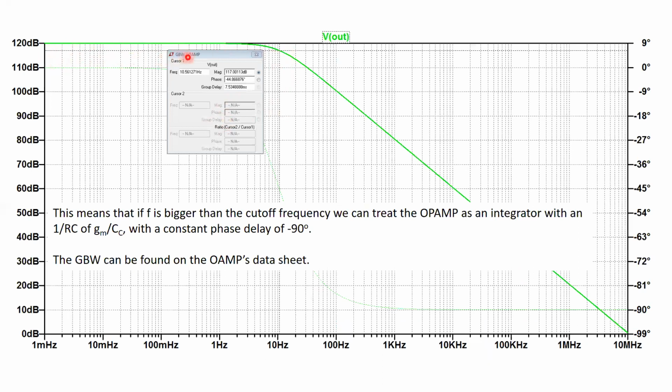And the phase is actually 0. And yeah, it's a first order circuit, so the phase goes down to minus 90. But look where the line is straight. It looks just like an integrator, and the phase is practically constant at minus 90. So right here, again, this spot, the gain bandwidth is given at